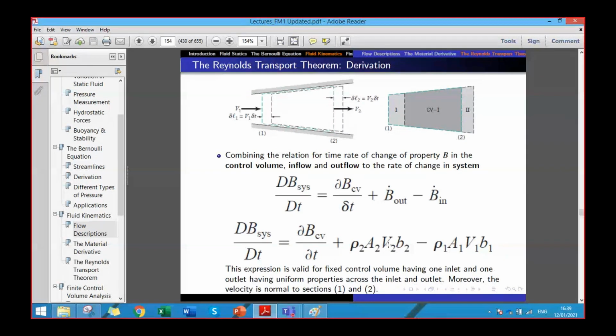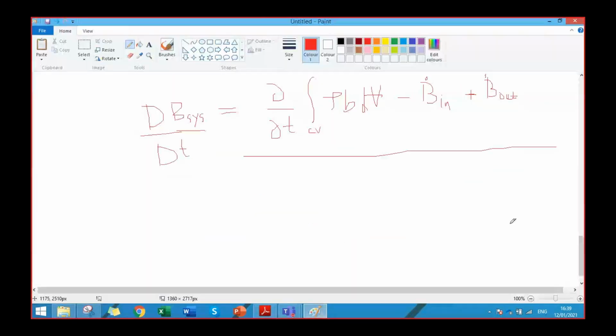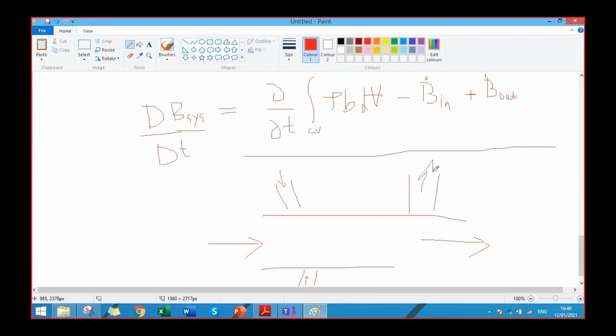Let me explain it here. Let's say I had an inlet here, an inlet here, and an inlet here, and there was one outlet here and one outlet here. Let's say there were three inlets and two outlets. So what I will do, I will add these three. I will use the net in, and if it is mass flow rate, m dot net in, and similarly I will add these two, and I will use net out if it is mass flow rate, depending upon the definition of the B. Clear? यस सर क्लियर